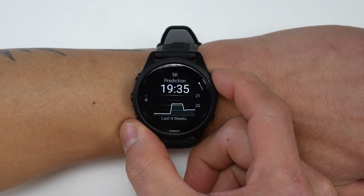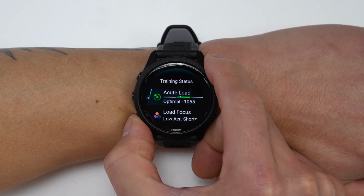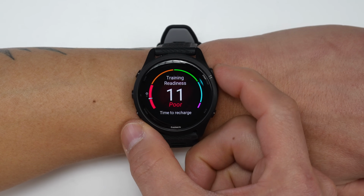It also has a race predictor for common running race distances based on your running history. It has training status based on your VO2 max trends, HRV status, and training load. But something new to come with the 265 is actually training readiness, which was originally launched with their 955 last